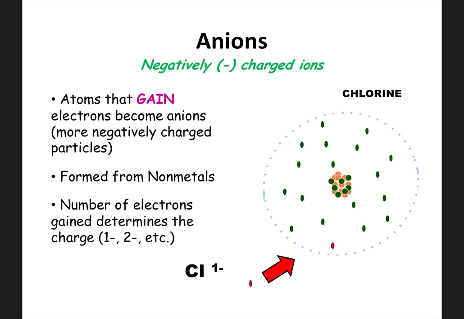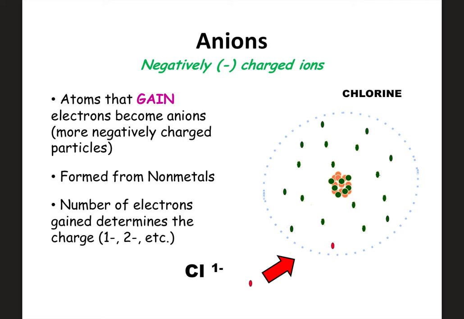Anions here are just going to be the opposite. The anions are going to be negatively charged ions. Anions sound a lot like onions to me, which I don't like. So this is easy for me to remember that anions are negative. Also, the second letter there is N. So you can remember that's going to stand for negative. However you want to remember this, you just need to know the difference between anions and cations, and anions are